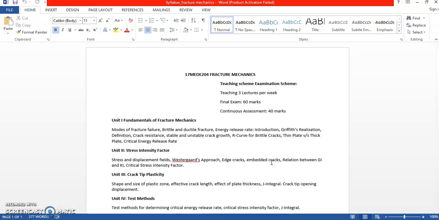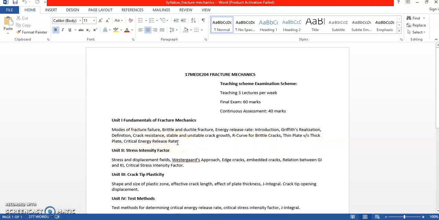In the first two units, we have seen the brittle and ductile fracture, energy release rate, that is the G1. We have seen the Griffith's experiment. We have seen the R curve. We have seen the plane stress and plane strain condition, that is thick plate versus thin plate, and critical energy